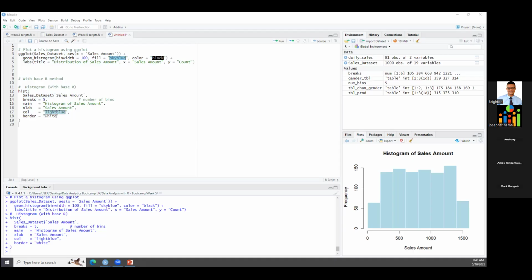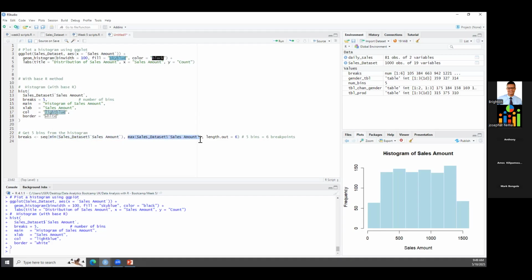So let's say I have code here to define the number of breaks. I need to scan my data set using a sequence function, seq. This sequence function will scan the data set and give me the breaks. So we are saying here we want 5 bins. Let's say this is an example where we want to get 5 bins from the histogram. So we want to map the breaks exactly using the seq function. Now this is actually optional, if you really want to get 5 bins, you need to use this seq function, and in this function you need to specify the minimum sales amount